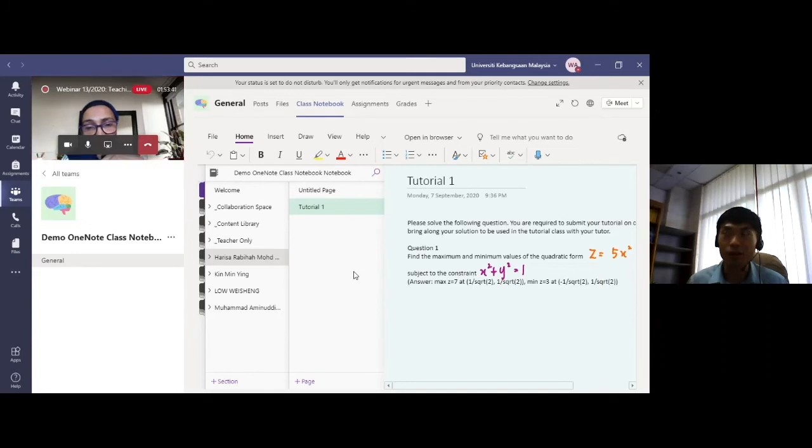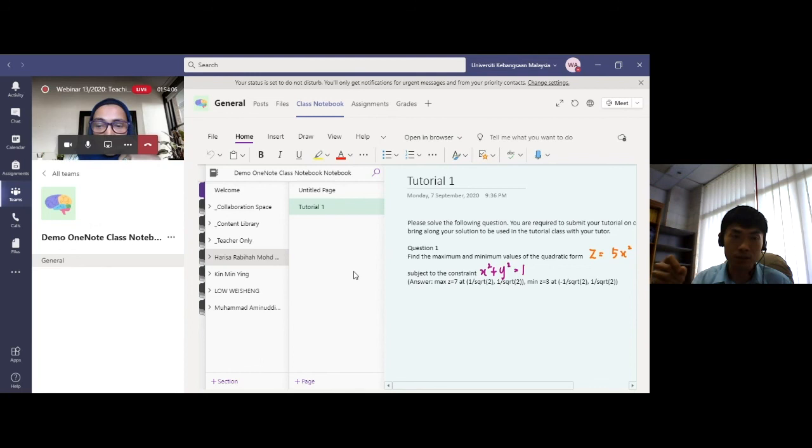So I think it's more to the physical shortage. Students need to have internet connections, right? A stable internet connection. And then, of course, if they have a tablet, that would be the best. Because if you want to write manually, you want to use the inking functions, that is best.